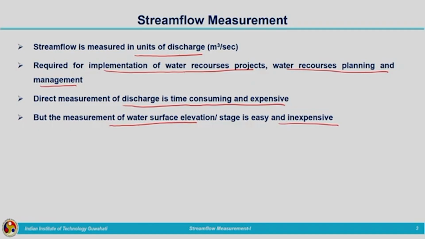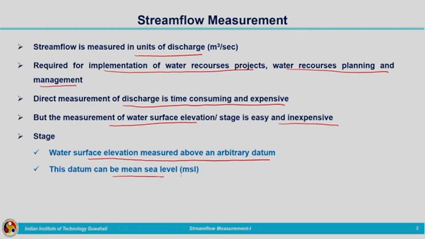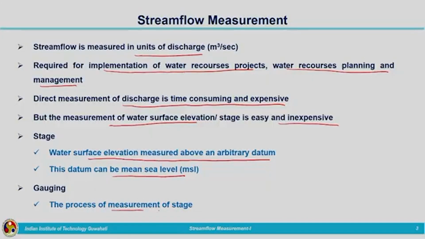Stage measurement means water surface elevation, the determination of water surface elevation. How much is the water depth prevailing in the particular stream? That is termed as stage. Stage is nothing but the water surface elevation measured above an arbitrary datum, and this datum can be mean sea level. We need to have a datum, based on that we will be measuring the water surface or water level. Water surface elevation is measured based on the datum. That datum usually we consider as the mean sea level, and this process of measurement of stage is termed as